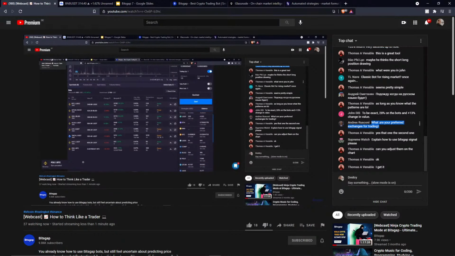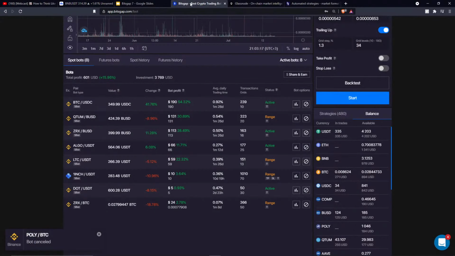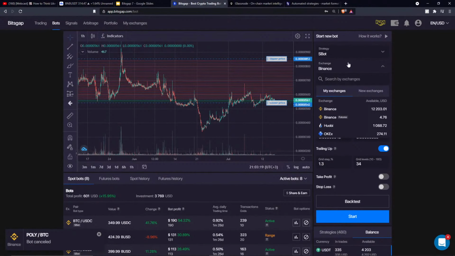So what are your preferred exchanges for trading? Honestly, I prefer Binance because I have everything mostly there. But I also prefer Huobi and OKEx because they have some coins that are not listed on Binance. That's the thing. And another thing is that on Huobi and OKEx you have lower